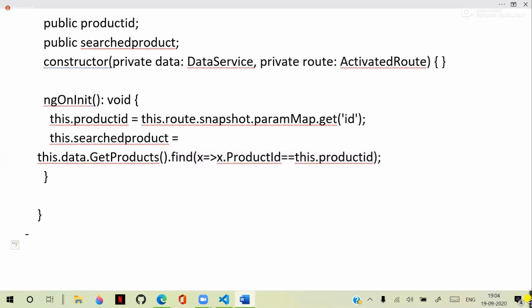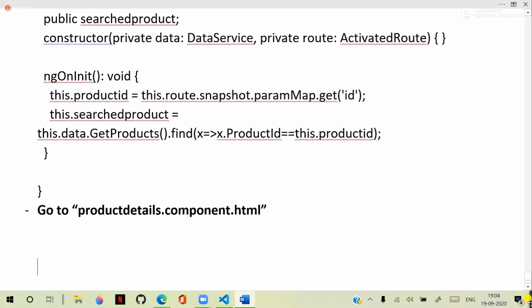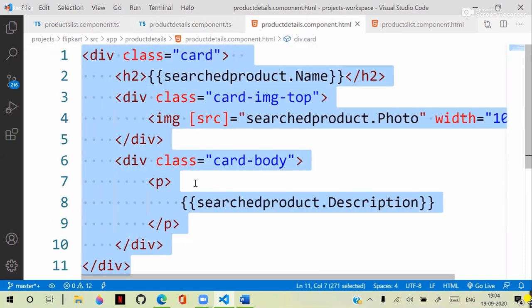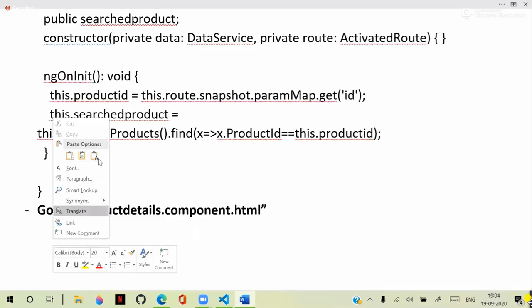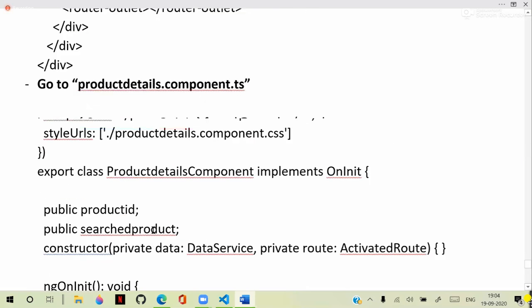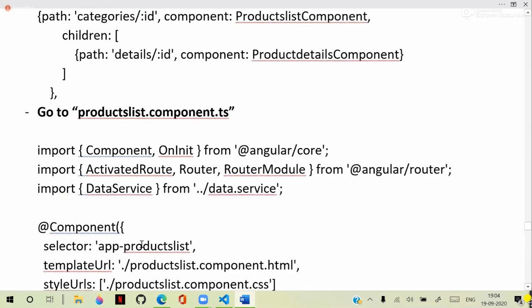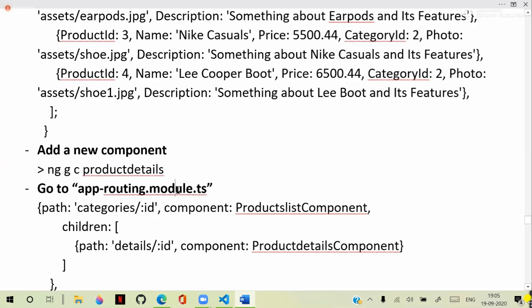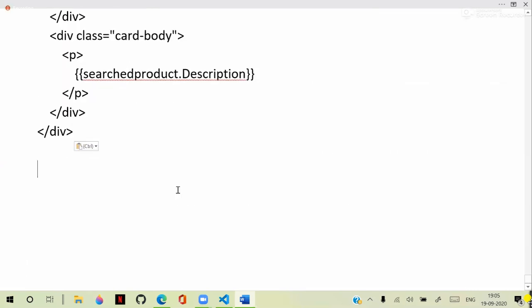Just for that, we have to go to product details dot component dot html. And here we need to present the data. That means that is the product details component. I designed a card style, where we are displaying the details of that particular product. These are all the changes we have done for achieving the child routes. So configuring the child routes. Now, once we know how to configure the child routes, the important thing we need to understand